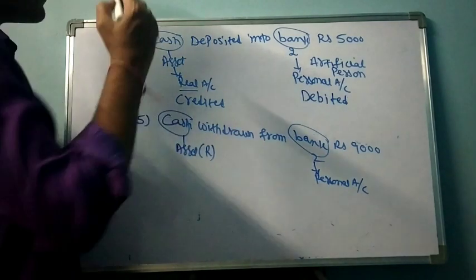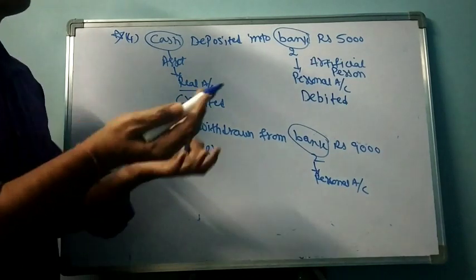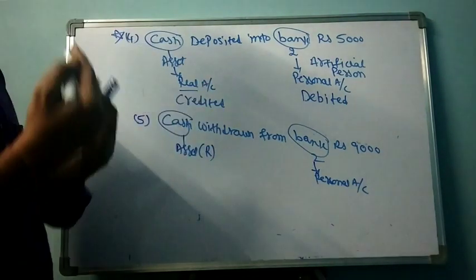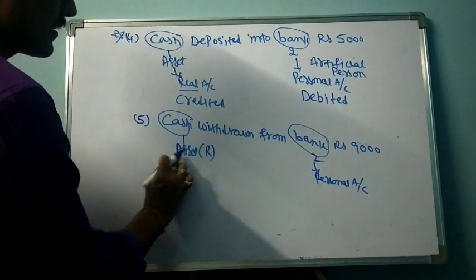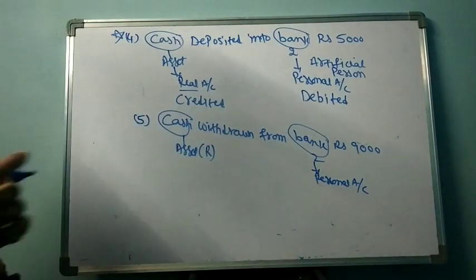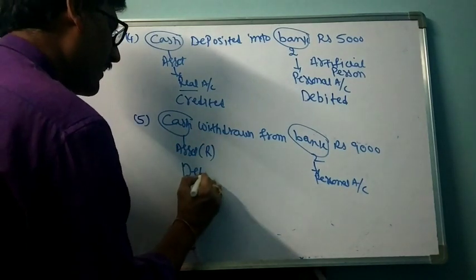Rules are the same for natural person or artificial person. Now, step number 3 is apply the rules of account. Now when we are taking cash from the bank, we are receiving cash. Cash is coming into the business. So debit what comes in, credit what goes out. Real account rules. So cash is coming into the business. Cash should be debited.